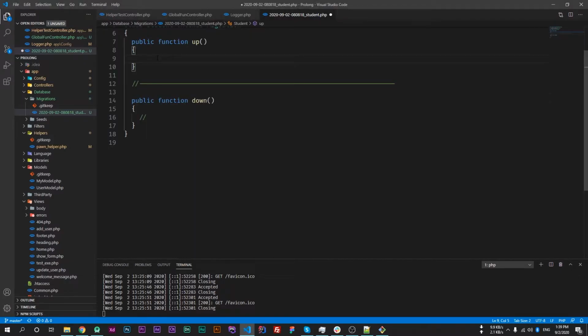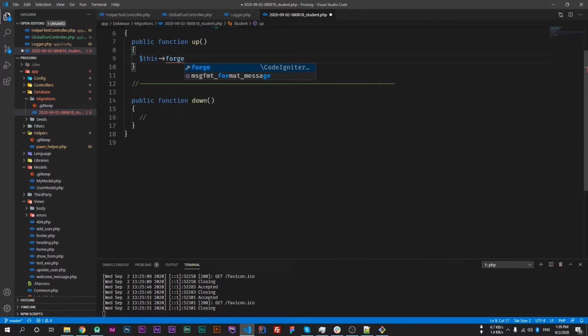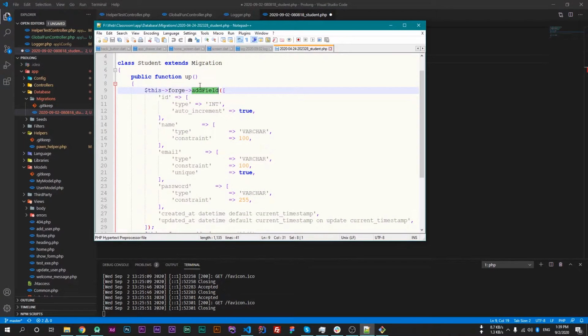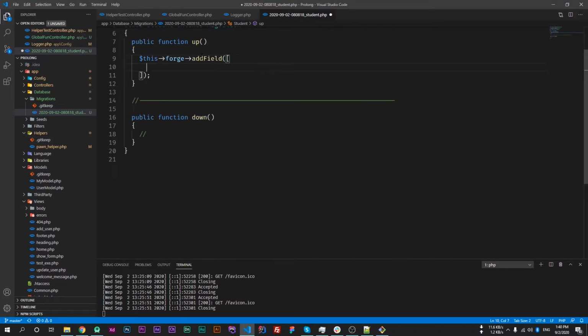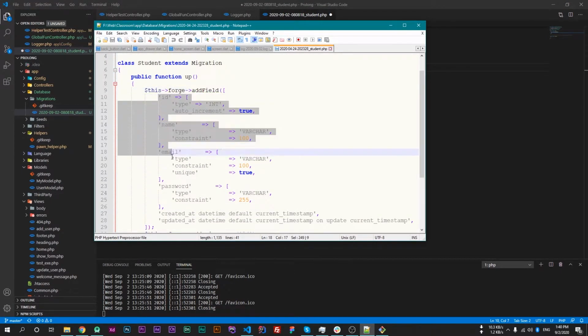So here this dot forge dot add field. This will add a new field to our table. So this will accept an array, and here we will pass all the fields which we want in our table.